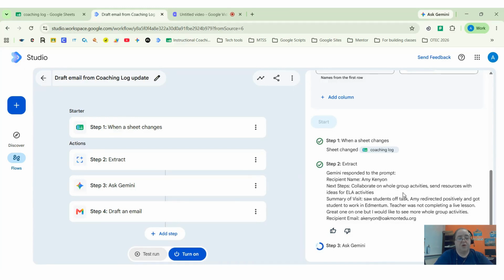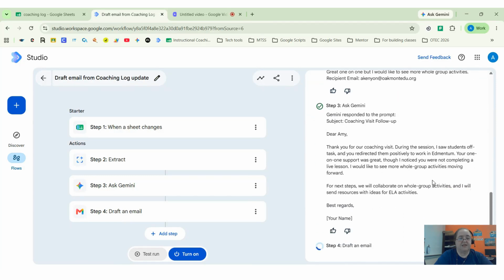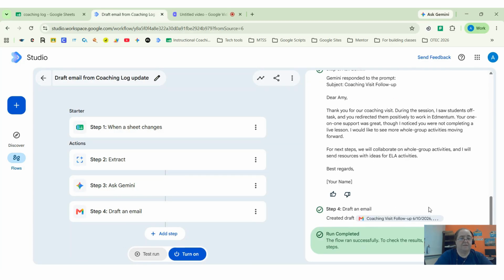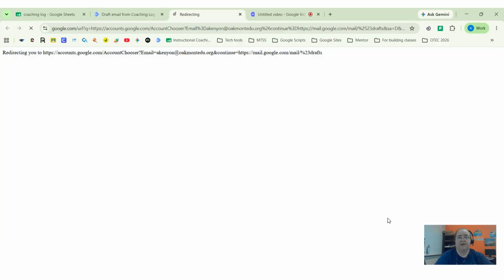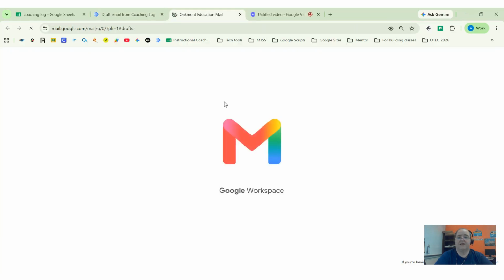This is the worst extraction I've gotten, although it hasn't written it into an email. This is just showing what it extracted. So this is good. It extracted the data, and it kept it nice and short. So thank you for our coaching visit, and it has stuff that I specifically observed, next steps, best regards. So now if I click on this,